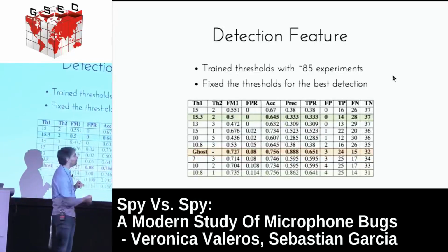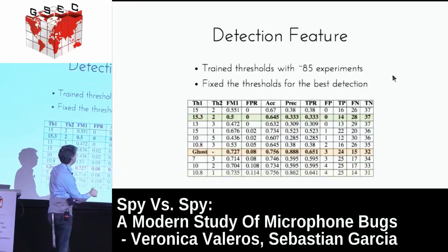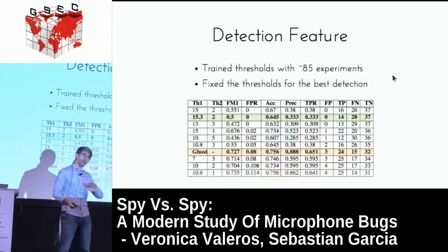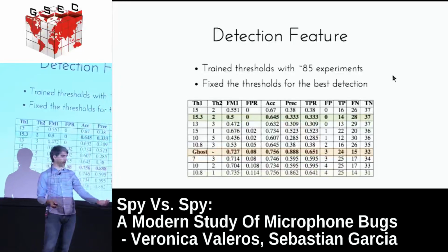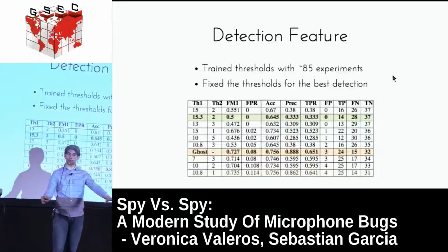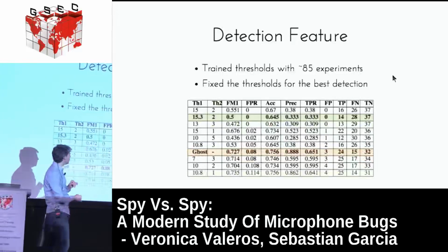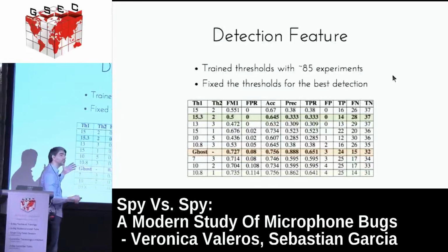A true positive, TP, is when I say there is a microphone and actually there was a microphone. A false negative is when I say no, there is no microphone in here, but actually there was a microphone. And the true negative is when I say no microphone in here, and there was no microphone, okay? So we count the errors in all the experiments, and then we see that these tools are